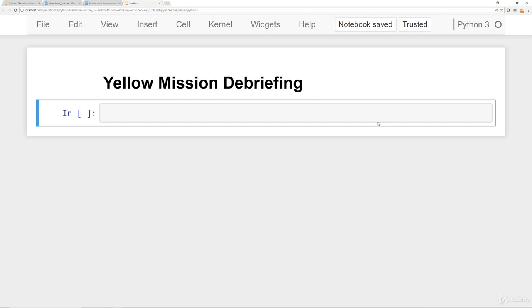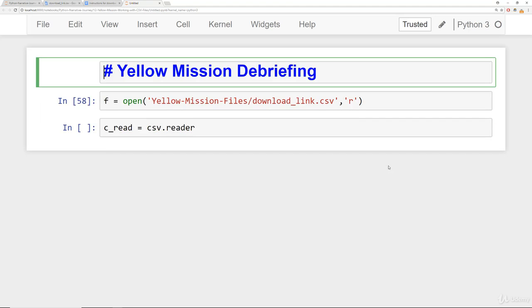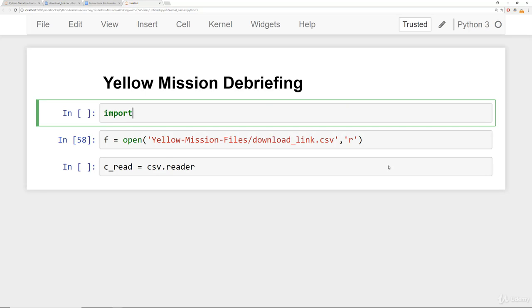So first, let's grab that CSV file. We will say f is equal to open, and inside of yellow mission files we have that download link.csv, and we'll go ahead and read it. Then we'll say c_read is equal to csv.reader, and in order to do this we'll need to import the CSV module, so let's do that. Import csv,